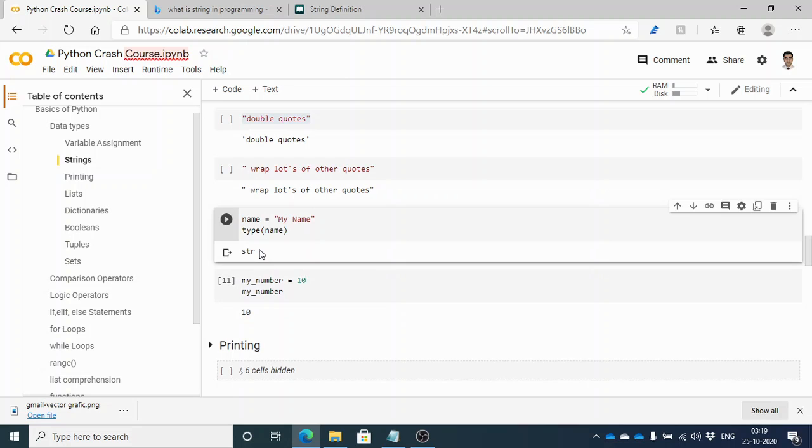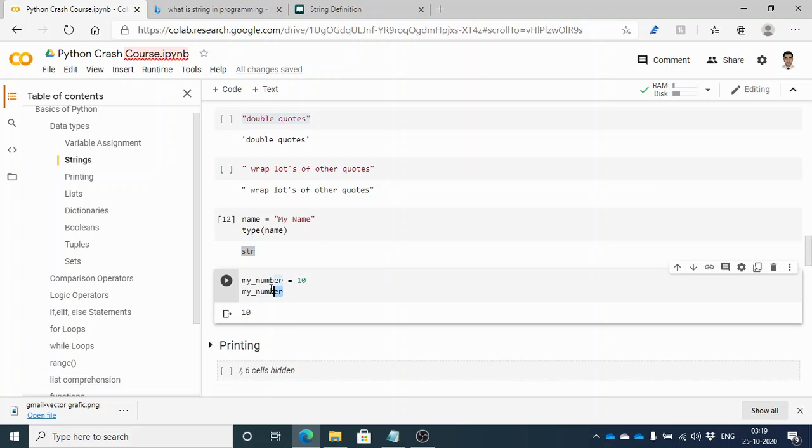See, here the type of this name variable is str, means a string, and Python automatically created the type of your variables. And here if you will use the type command and now run the cell, type of this variable is integer. It is automatically